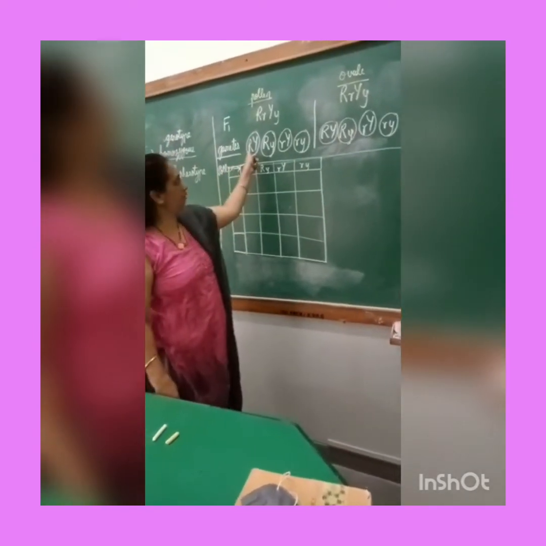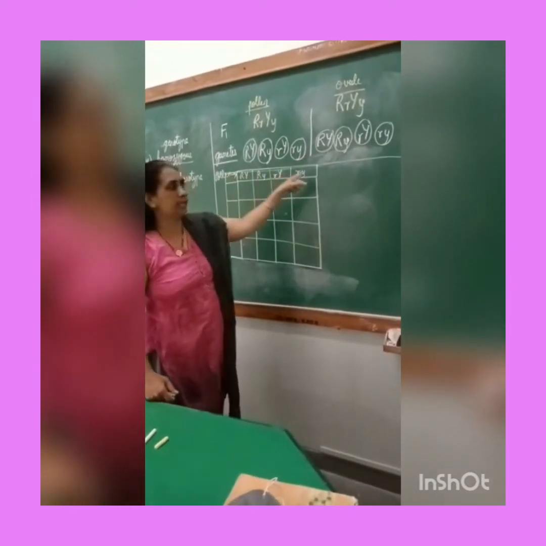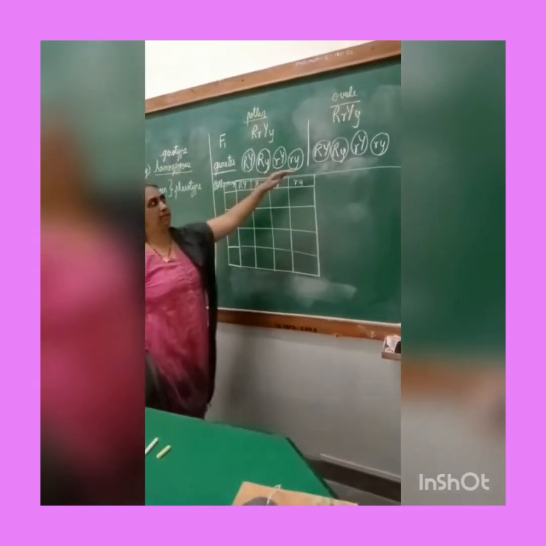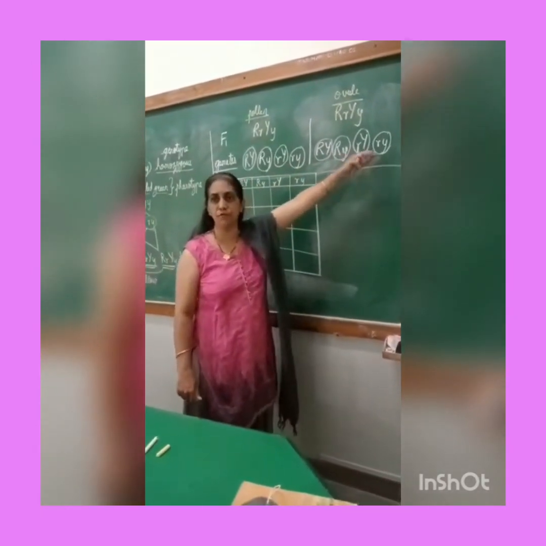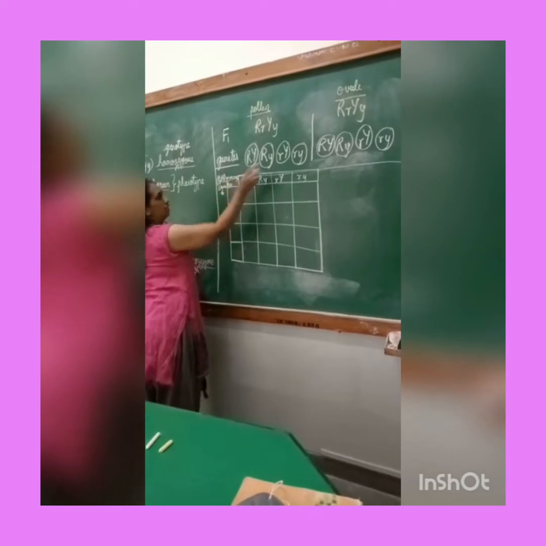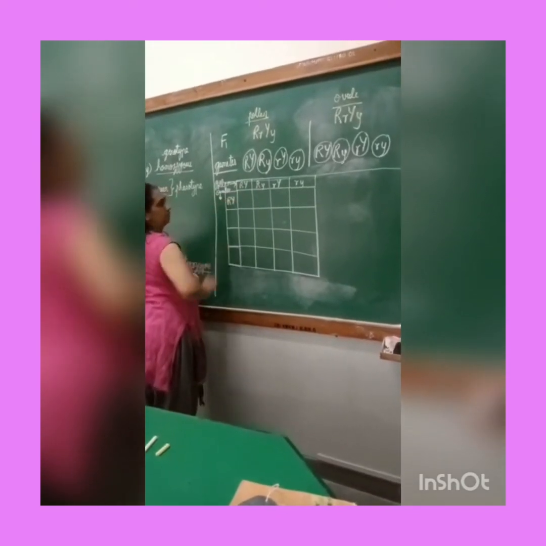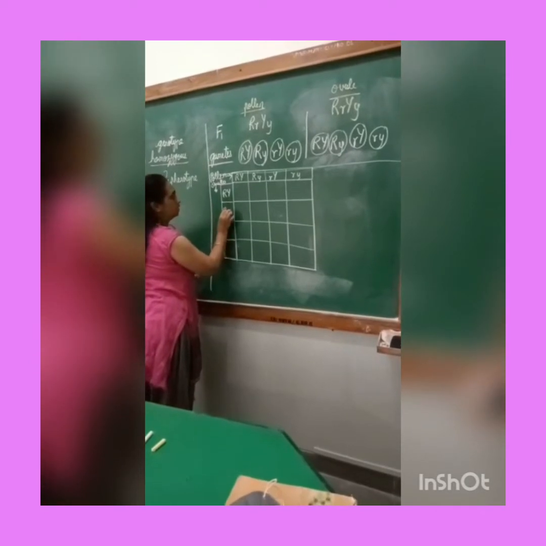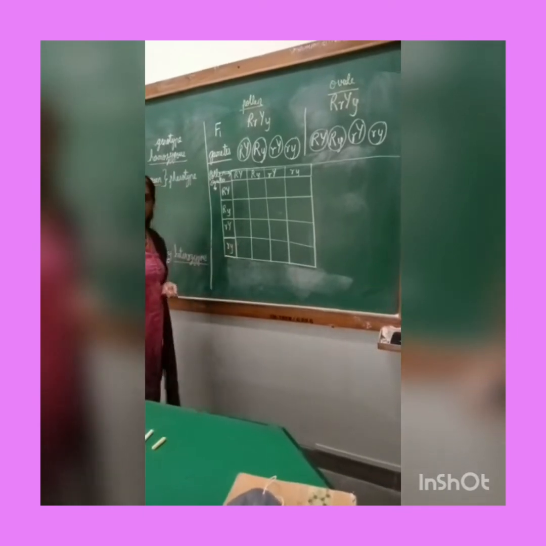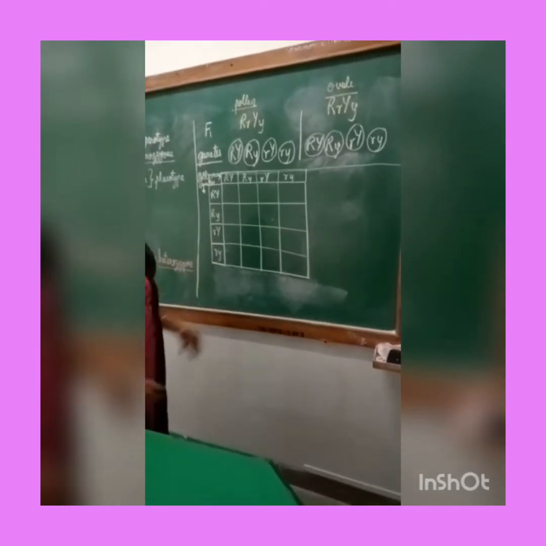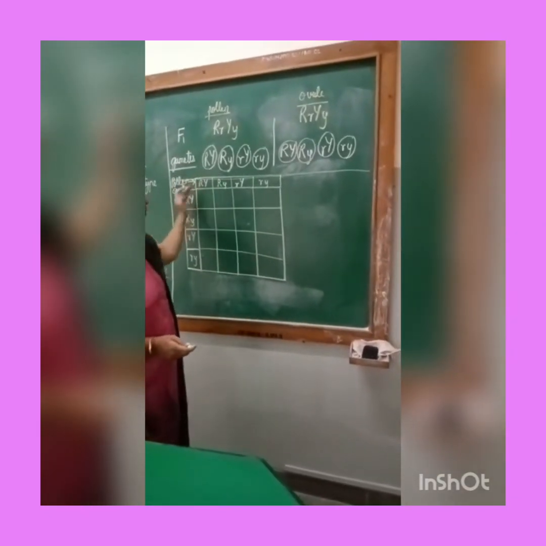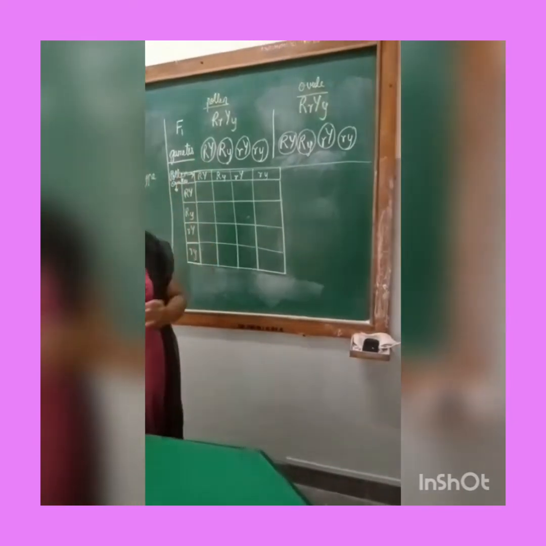Okay. So what have I done? I have taken each type of gamete and I am putting it in the horizontal line. All these are the pollen grains. In the vertical line, I will take the ovules, all the different types of ovules. Okay. So ovules will go down over here. Again the similar types are there: capital R, capital Y, capital R, small y, small r, capital Y, and small r, small y. Understood? So it is just like a multiplication table where I have the number to be multiplied by the other number. So which I am going to multiply like this, we are going to cross. Cross simply means to multiply.